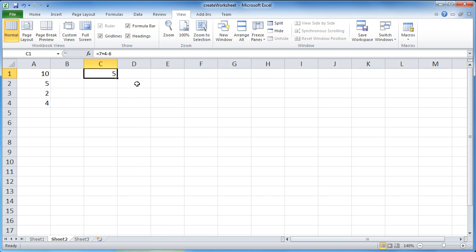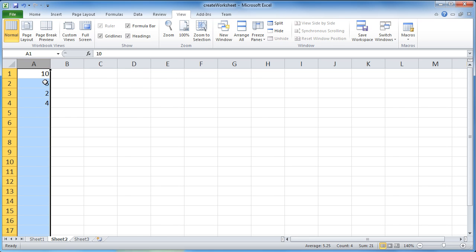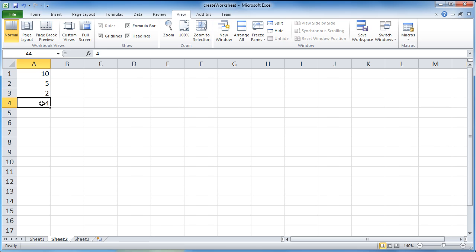formula. But we don't really like to hard code constants within our formulas. It kind of defeats the purpose of using Excel in the first place. Now you can see here in column A, I've got some pieces of data that I want to work with really quick to show you how to write formulas in Excel, and then also I want to make sure that I remind you of the order of precedence.